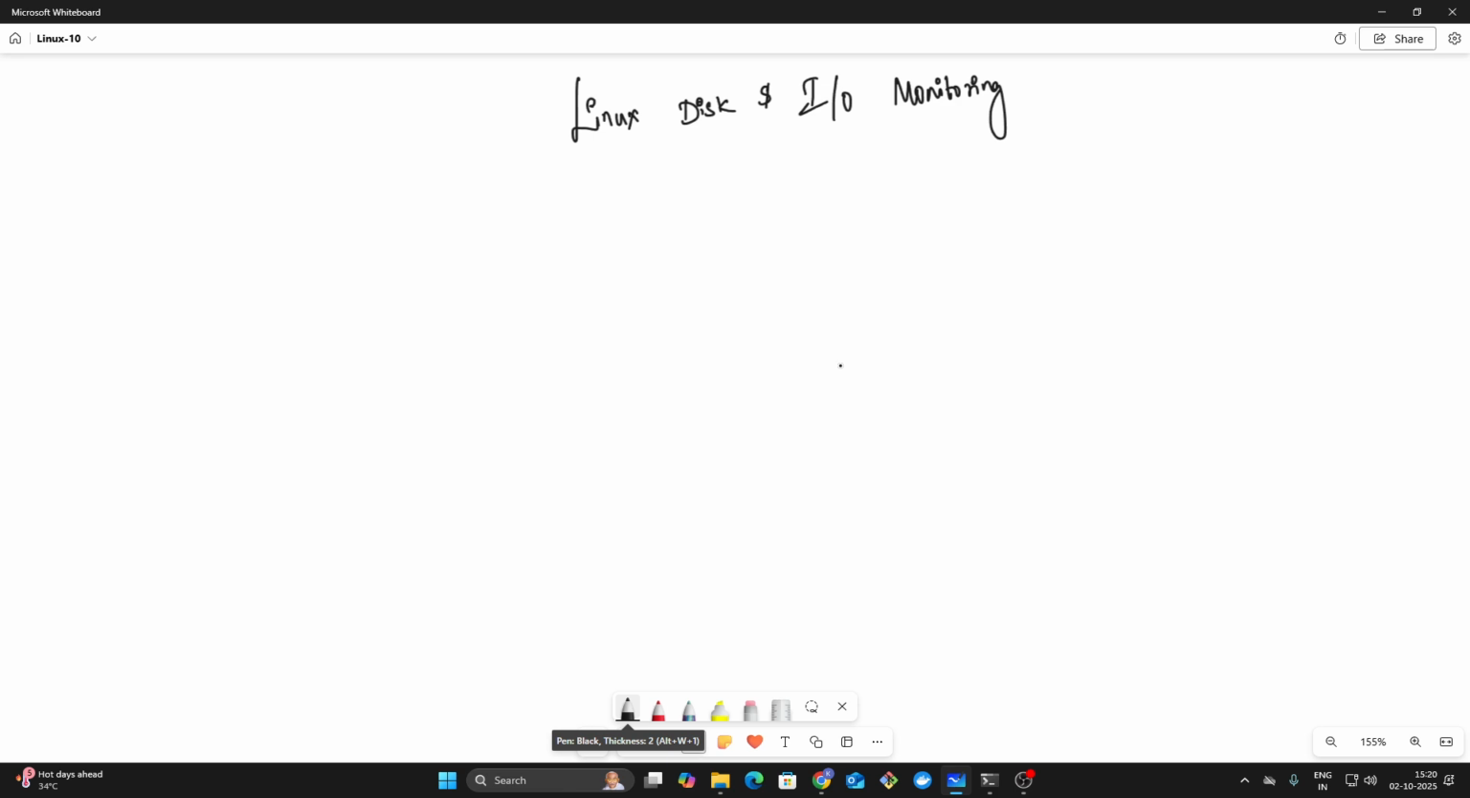Today we are going to discuss Linux disk and input output. Let's start. First we will have a quick orientation, a one-in-summary. While coming to quick orientation, first we are going to discuss df, which shows file system